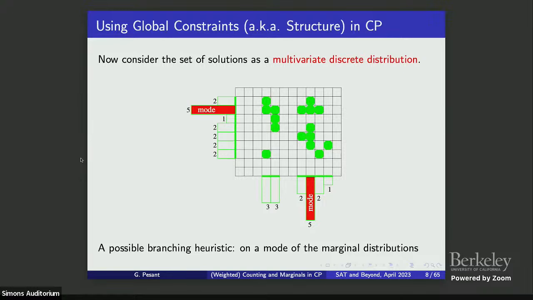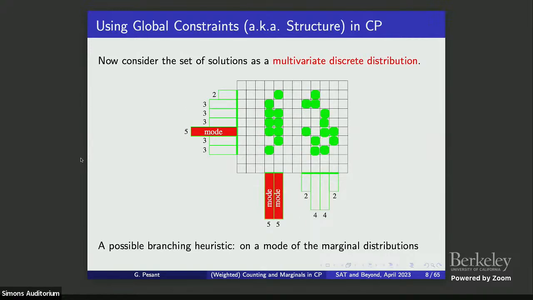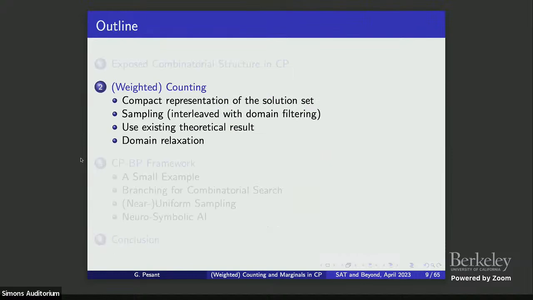Okay. So that's the type of thing that we want to compute. And the other constraint here would have a different distribution and different modes. So you're distinguishing these 2 constraints here. Okay. Technically, what you want to do is to count solutions. Here you want, for example, to know that, well, 5 out of 22 solutions use this value. So you want to count solutions, and that's why I'll spend some time here looking at counting and weighted counting. You have to trust me at first why we want to do weighted counting. It'll become clear later on.